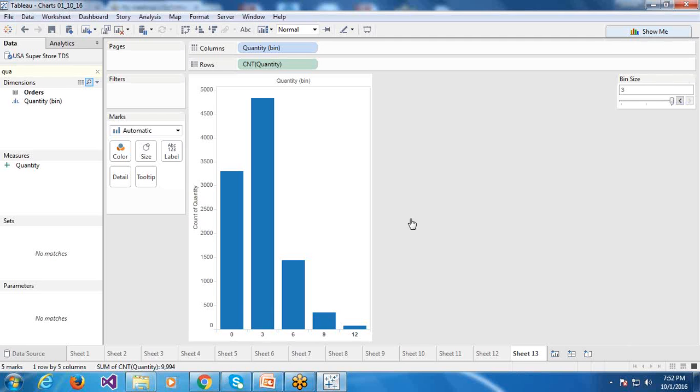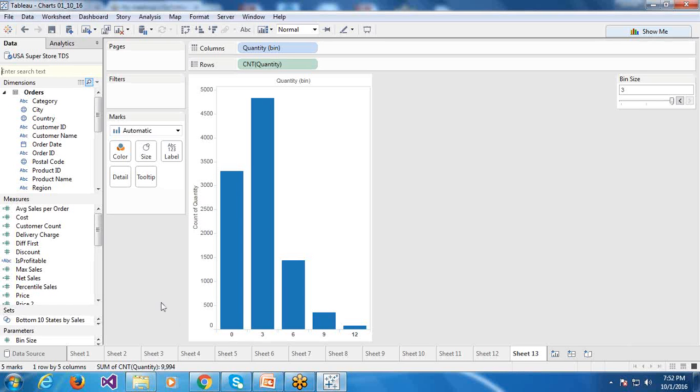Yeah. So that's how you can manage bins also. And sometimes there will be requirements where you have to create a variable size bin. In that case, what do we do? Let us copy this. In that case, what we'll do is let us create a